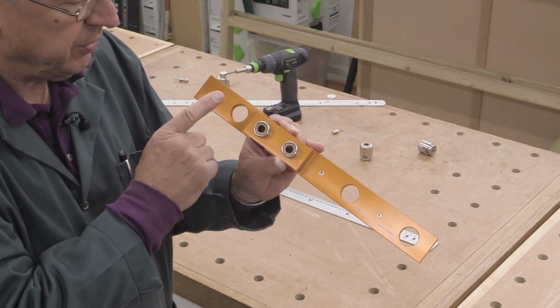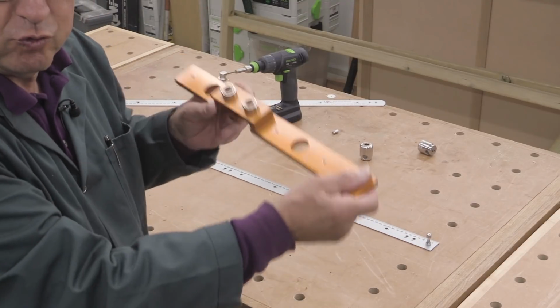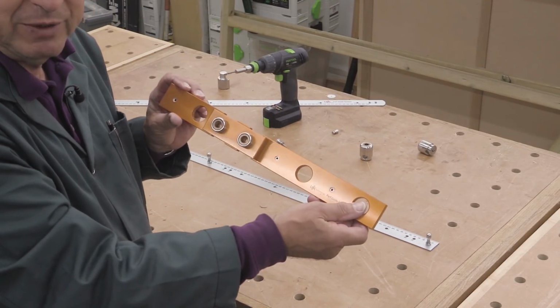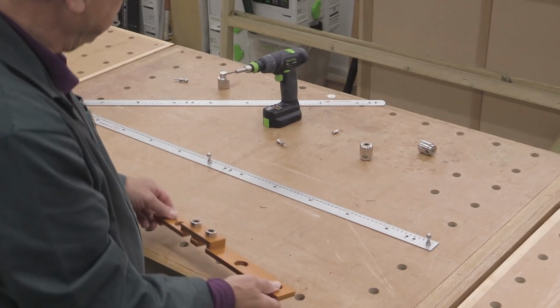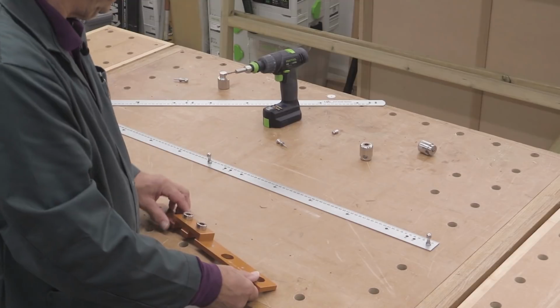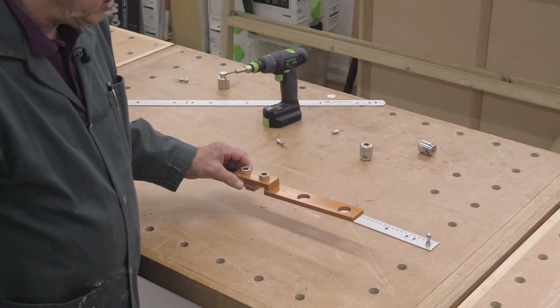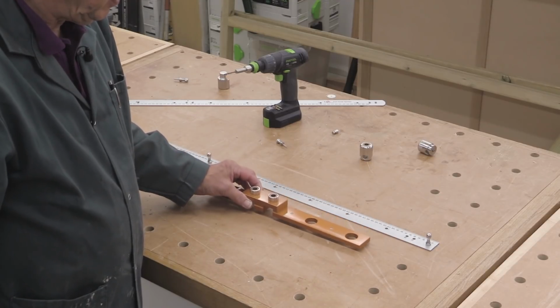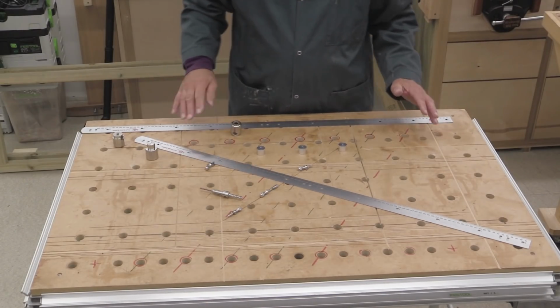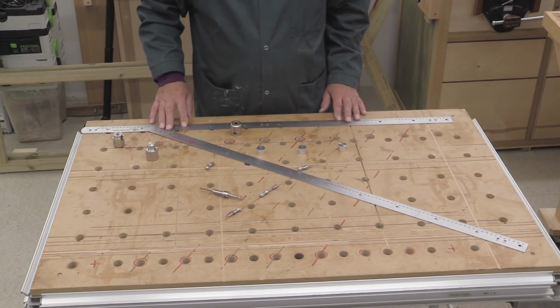And 2 others, either one there and there or one there and there, so that you can register the 20mm drill guide. So do remember when you're drilling these 3mm holes to have enough of them there so that the 20mm drill guide can be located. Now there is a slightly odd situation where you need to join up the two rulers